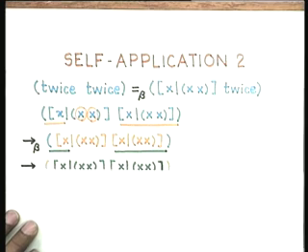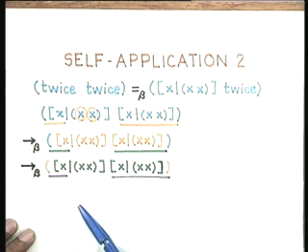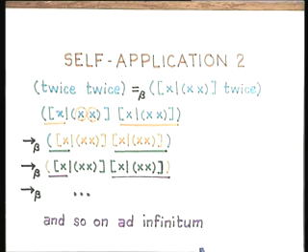And so you do this application, and again you get exactly the same term, and so on and so forth. So then this was an example of a non-terminating computation,